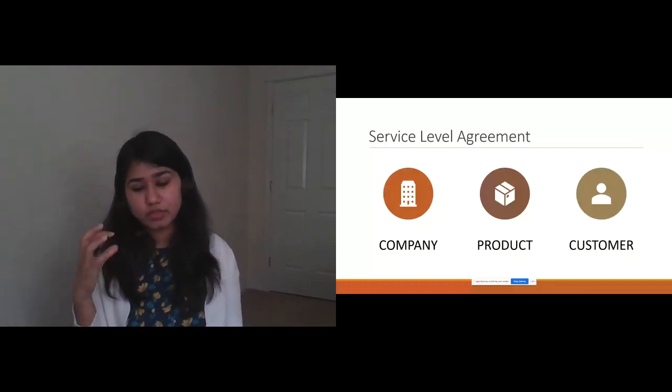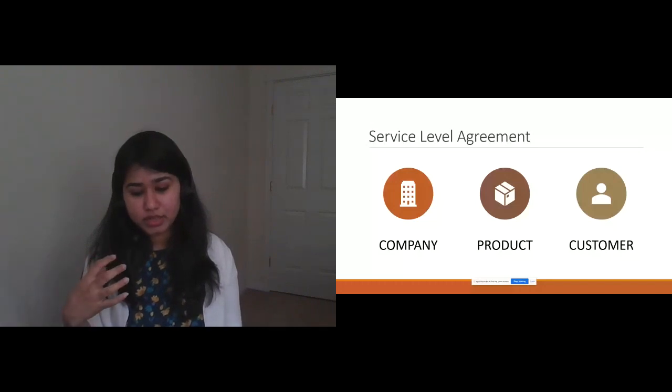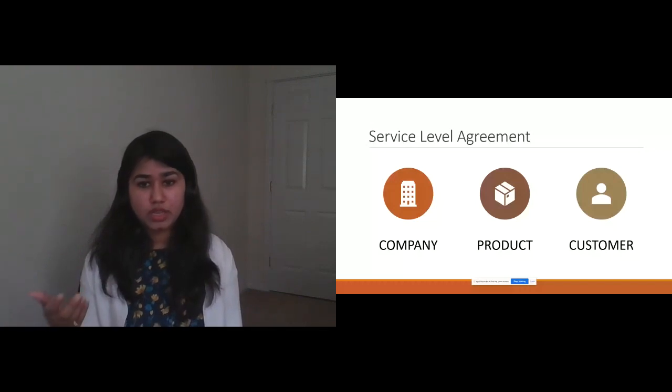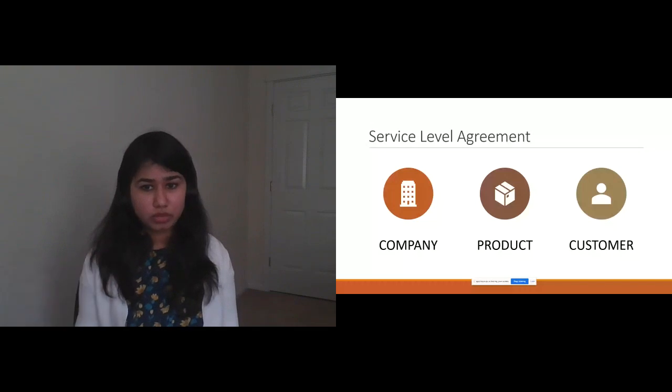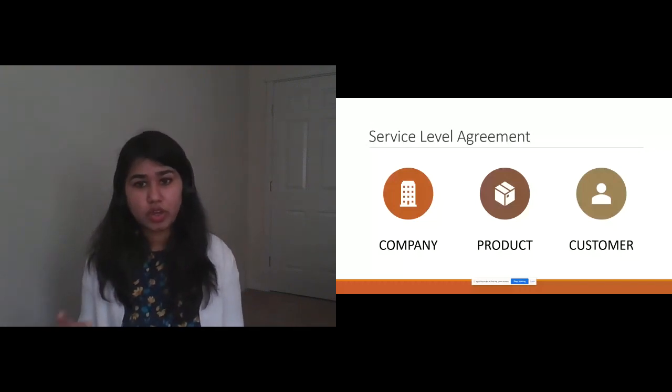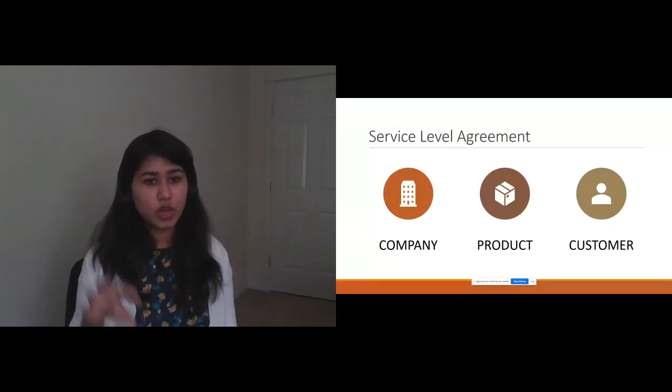When a company delivers a product to a customer, or essentially when they sign an agreement or contract of delivering the product to the customer, there is a service level agreement. It's a document that serves as the mutual understanding and expectations of how a service is going to perform between the service provider and the service consumer. And generally there are service level objectives